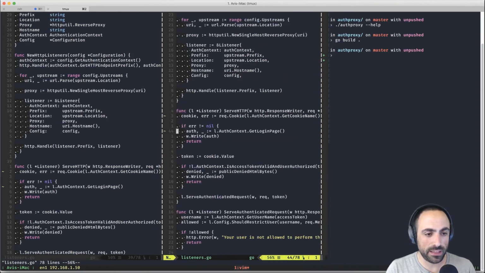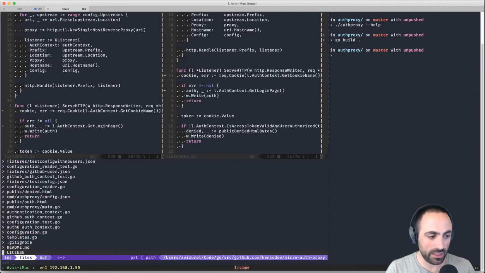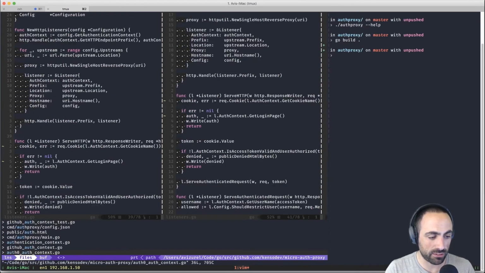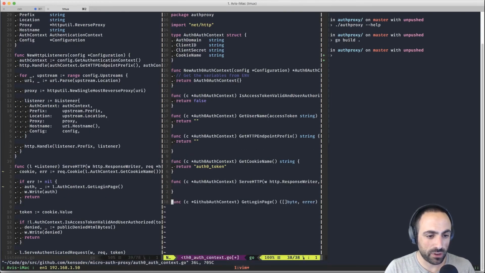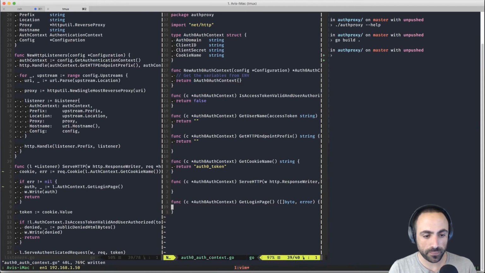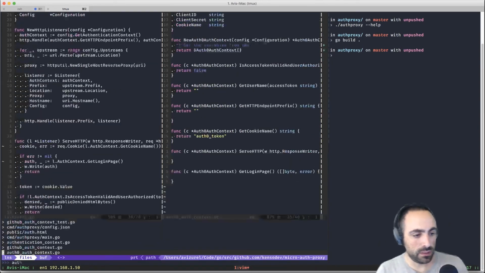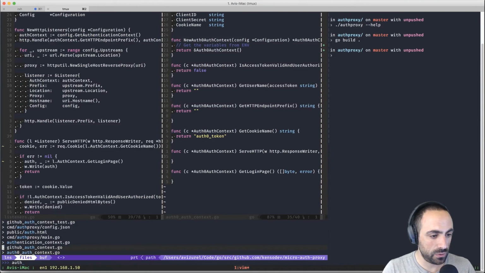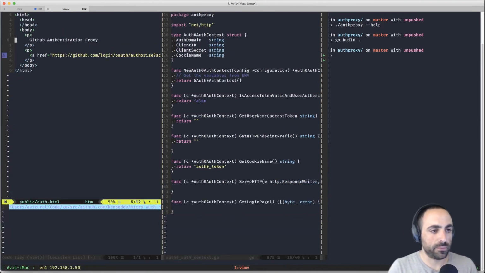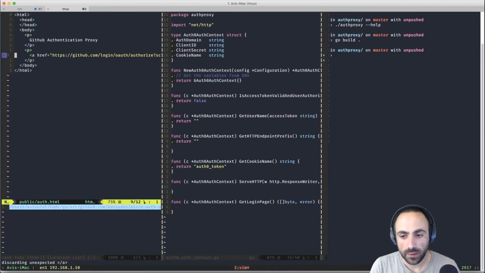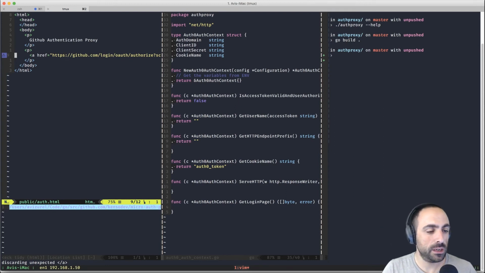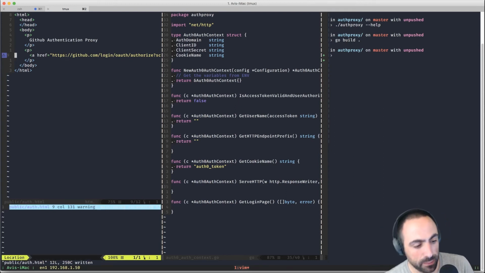It will tell me that I can't use it because the interface is not fulfilled by Auth0 Auth Context, because it does not have this get login page. Auth0 Auth Context. Great. So now Auth0 auth.html. Okay. All right.